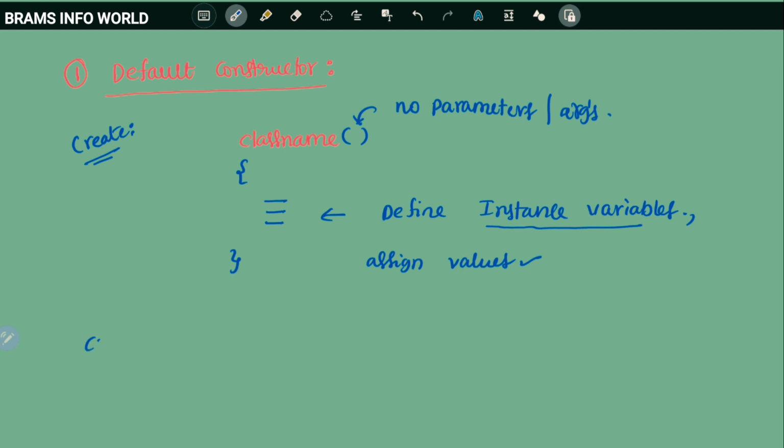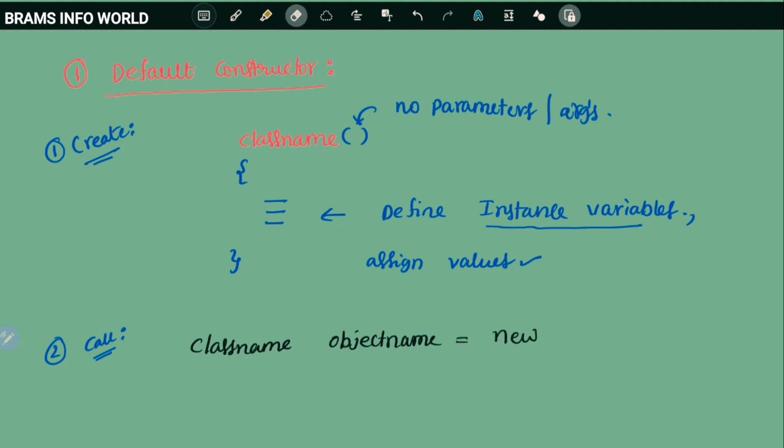How to call the constructor? There are two things: first one is creation of constructor and second one is calling of the constructor. To call the constructor, class name, that is nothing but subclass name, object name equal to new.